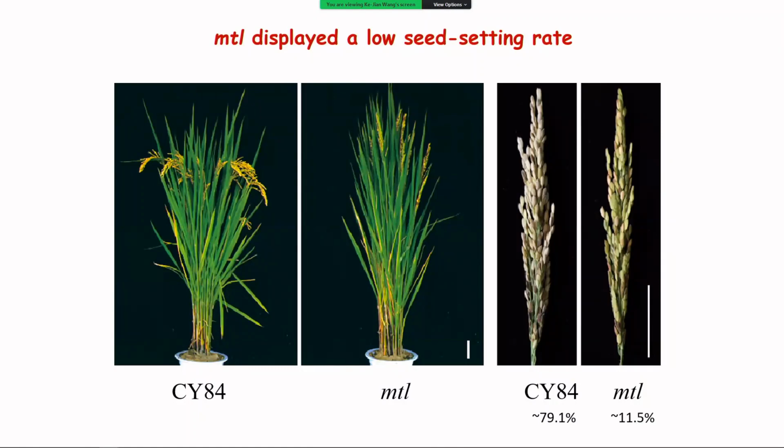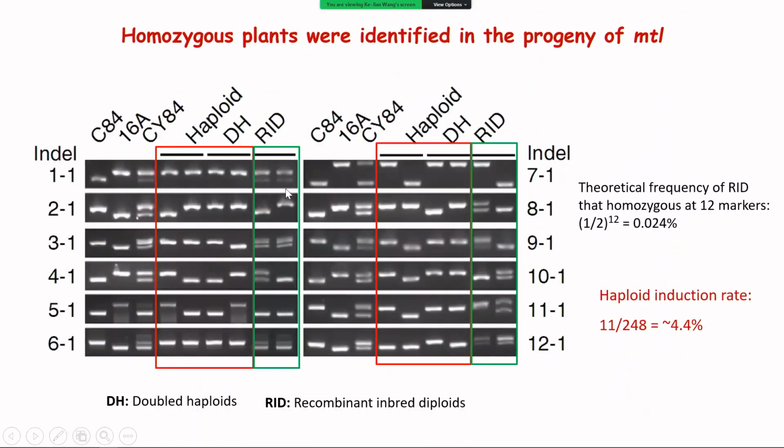We found that the MTR mutant displayed normal vegetative growth, but the seed setting rate was significantly reduced from about 80% to 11%. We harvested all the MTR seeds, and 12 markers on each chromosome were used to determine the genotype of the progenies. During normal sexual reproduction, because of the occurrence of recombination and fertilization, the theoretical frequency of homozygous recombinant inbred lines